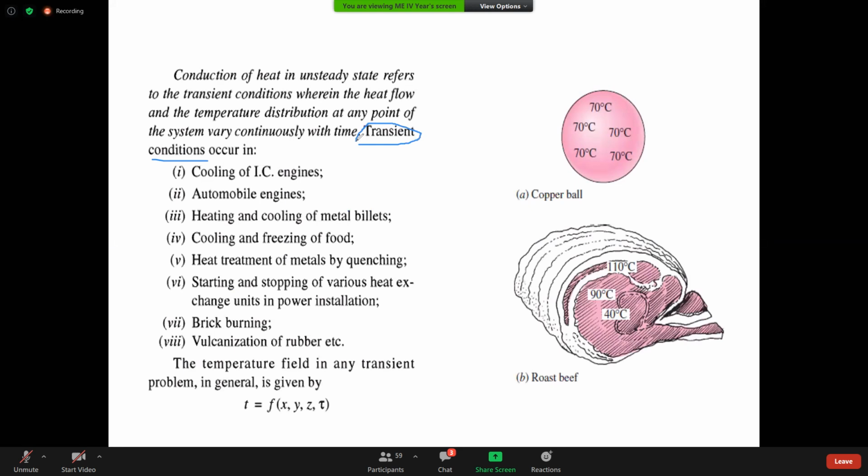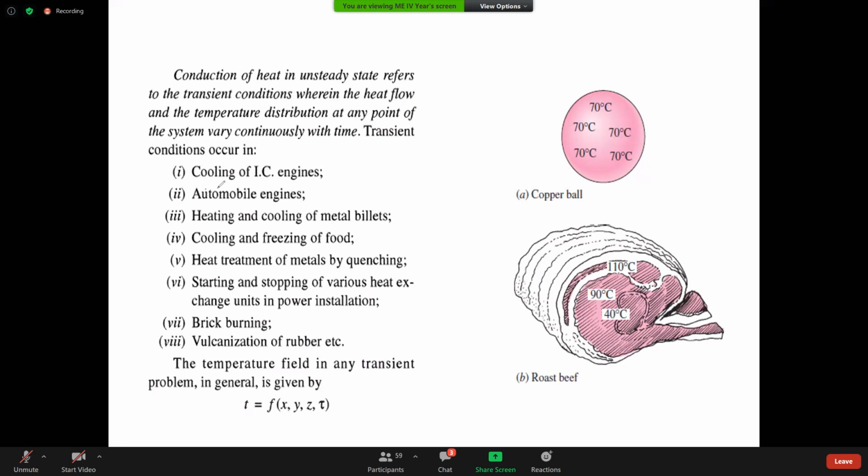Okay. Next step. It is a function of x, y, z, and t. In the previous steady state case, it was only x, y, z. T was not there. Now it is a function of time also. The temperature varies with respect to time. Simply remember this. You don't need to bother about the in-depth of this. Whatever is required for your undergraduation, I'm teaching, so that those basics will be helpful for post-graduation. There will be big mathematical equations, and you will have to solve those, right?